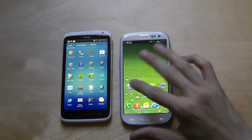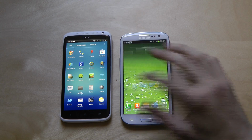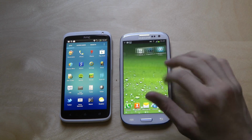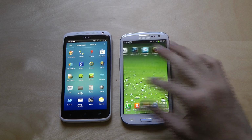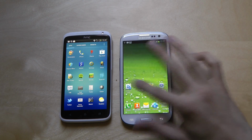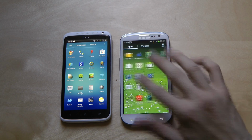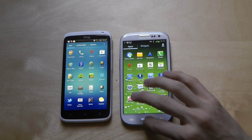And I gotta say, they have made some massive improvements from earlier versions of TouchWiz to this new version. It is insane. It's not even close to what you get on the latest Galaxy Note Android 4.0 update, or the Samsung Galaxy S2 Android 4.0 update. Just look at this. This is the stock launcher, and as you can see,